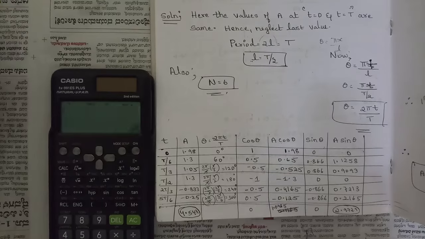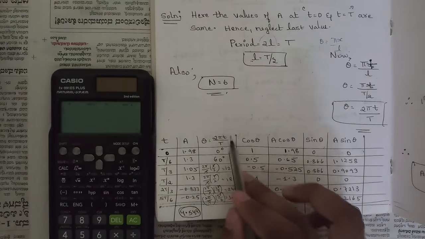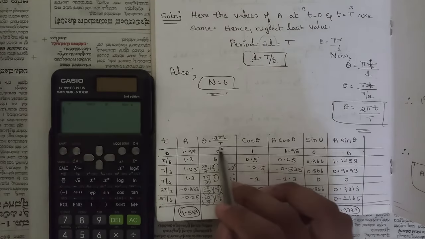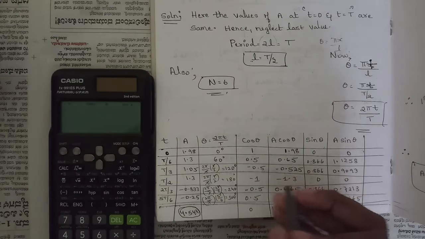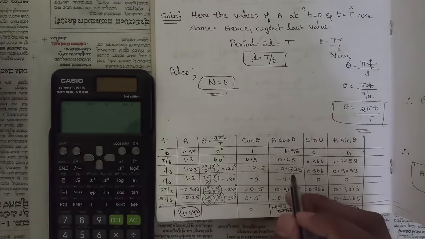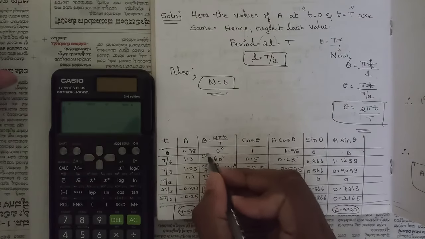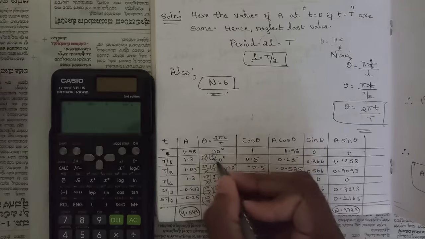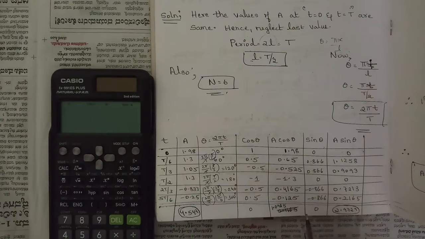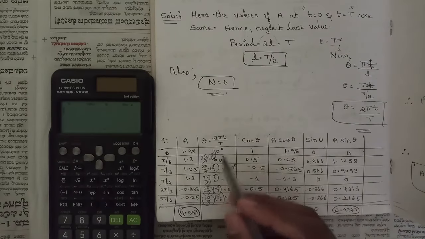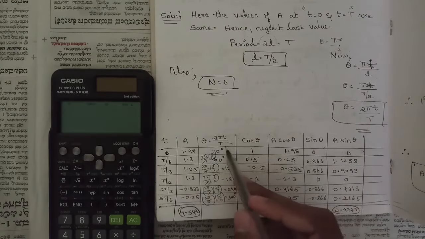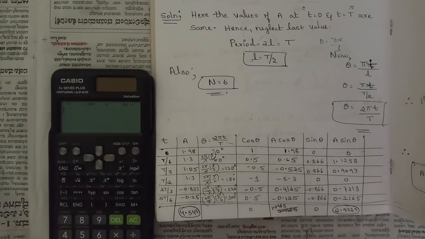So now again we need to find the values for theta. Substitute the value of small t. First it is 0, 2 pi into 0 by T, that is 0 degrees. Then for T by 6, the value of small t we substitute as T by 6, so we get 2 pi by T into T by 6. So these two get cancelled, the remaining answer we are getting is 2 pi by 6, right? Pi by 6 we know is 30 degrees, 30 degrees into 2, that is 2 pi by 6, equal to 60 degrees. Similarly for all the parameters, the degrees we get are 60, 120, 180, 240 and 300. After that we need to substitute the values for cos theta,